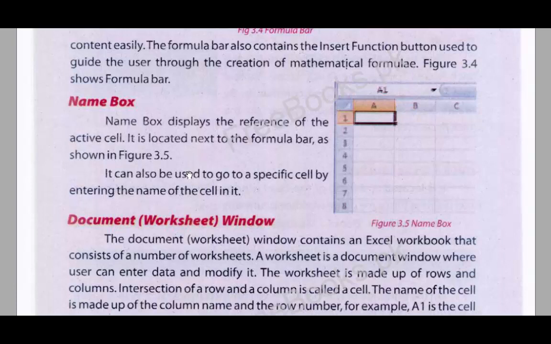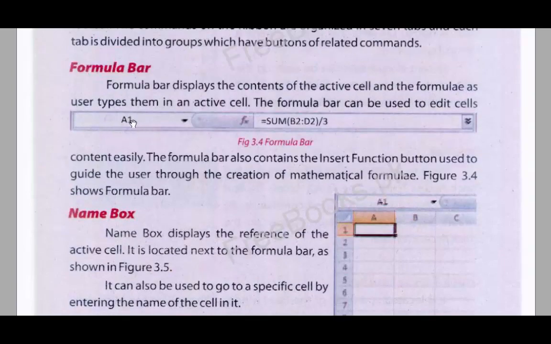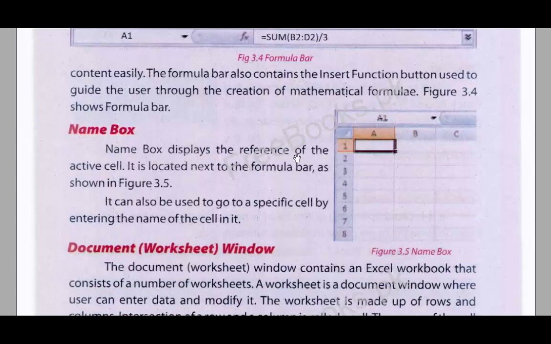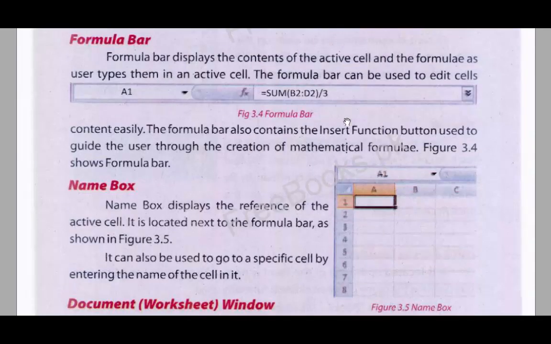Next is the name box. The name box displays the reference of the active cell. I called it the address box, but it is called the name box. It is located next to the formula bar as shown in figure 3.5. Here it is not clear where the location is, but you can see it clearly in figure 3.4.